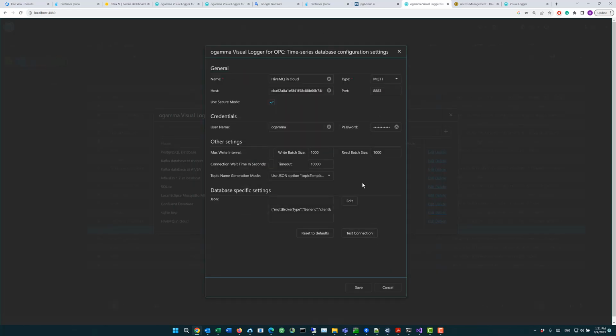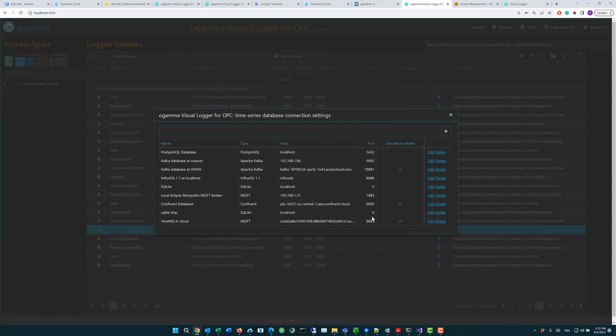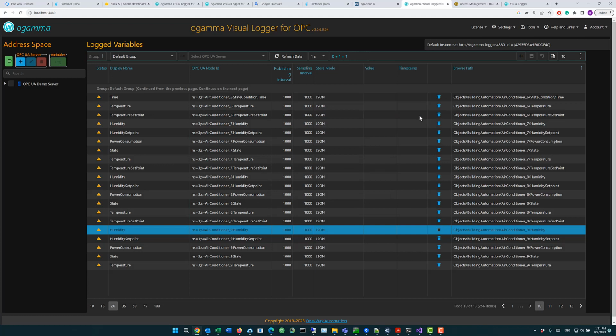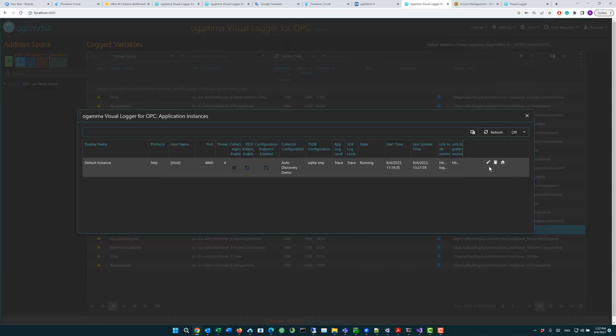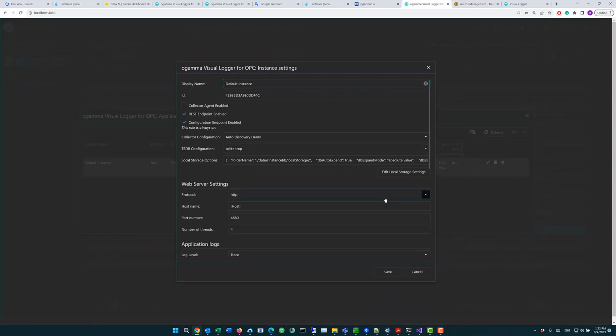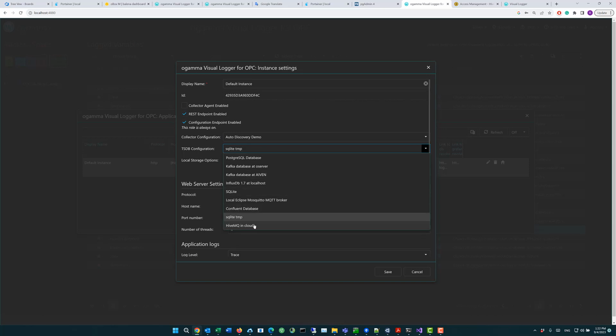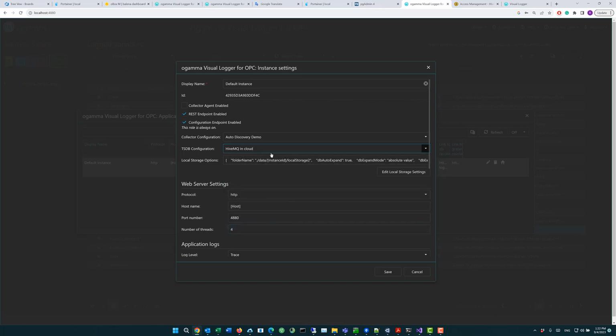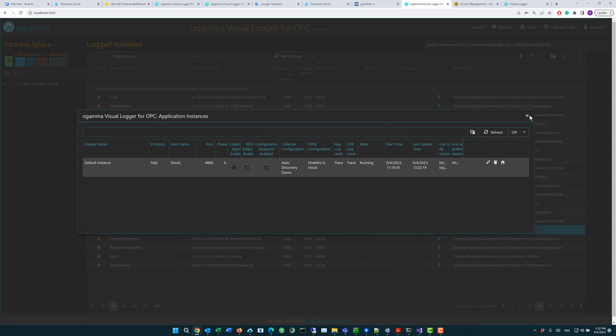Okay. So now we have the configuration for the MQTT broker. We save this, and once we save that, we can tell the instance to collect this data from these servers for these variables, and target and push them into the HiveMQ instance in the cloud. Okay, we save that,